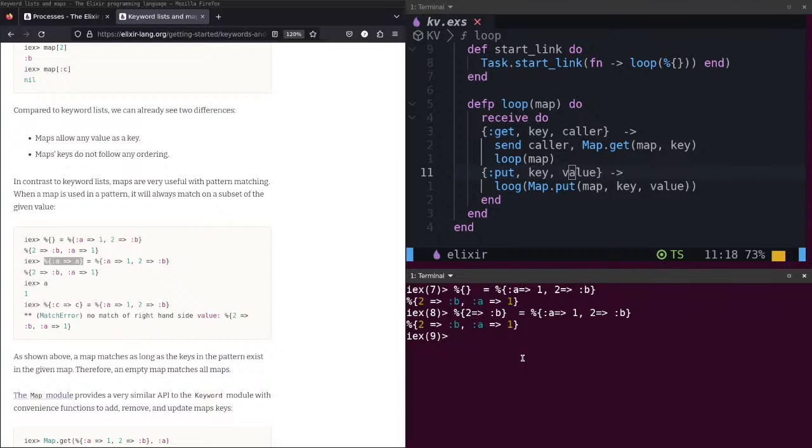I need to understand how this works because I'm so confused. Let me see. In the first example here, a map matches as long as the key in the pattern exists in the given map. Therefore, an empty map matches all maps. Okay, I got it. If I have an empty map, it matches all maps. Okay.